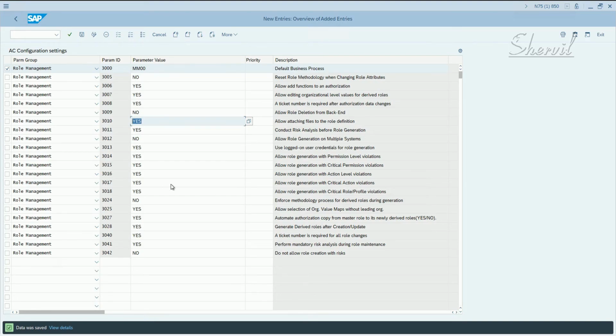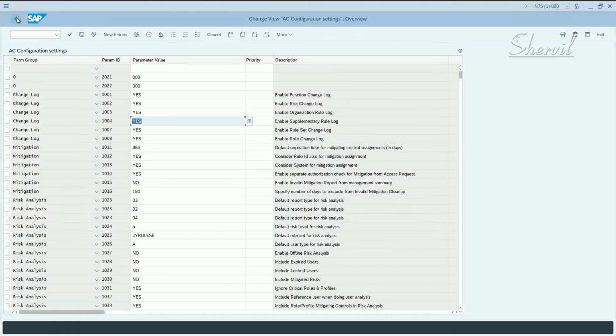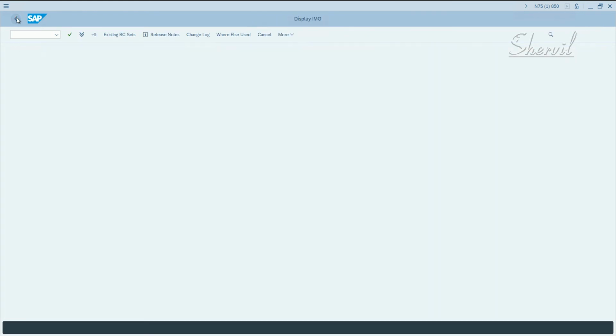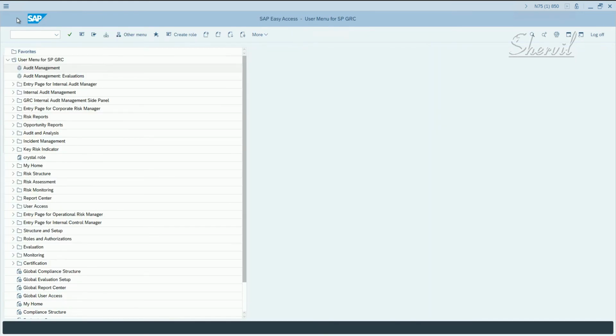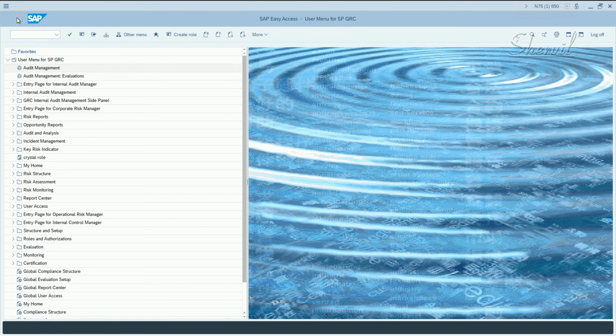Okay, so after the parameters are set, the next step will be to create or specify who the owners are going to be. Okay, so let us go and create a couple of role owner user IDs that are going to be role owners, okay? And I'll see what roles need to be assigned to those users, meaning users who are going to be the role owners. So let's go to SU01